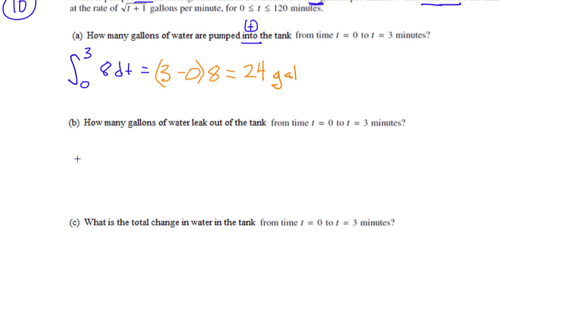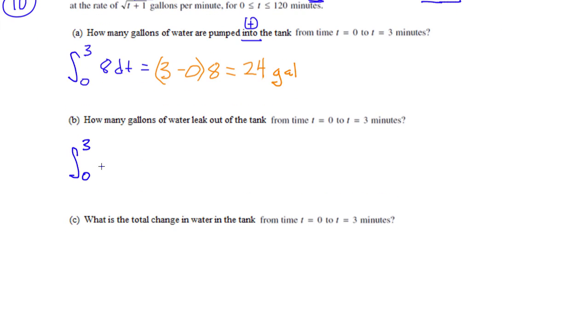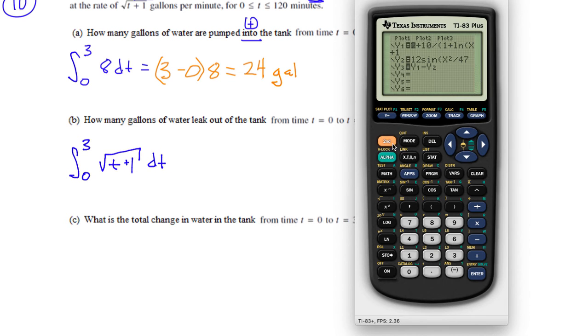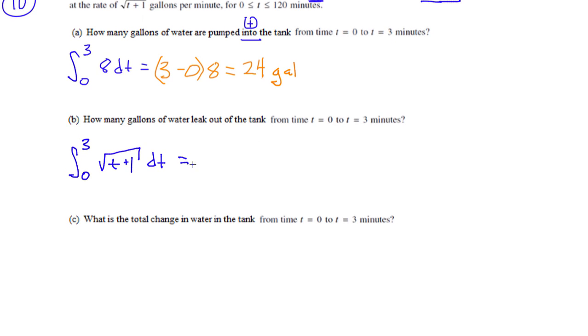Next question. How many gallons leak out? So now I'm going to do the integration from 0 to 3 of our negative rate. Our negative rate was the square root of t plus 1, square root of t plus 1 dt. This one I'm going to need a calculator for. I can do math 9, the integration of square root of t plus 1 in parentheses, with respect to x from 0 to 3. Have we done this problem before? 4.6 repeating. This seems very familiar. 4.667